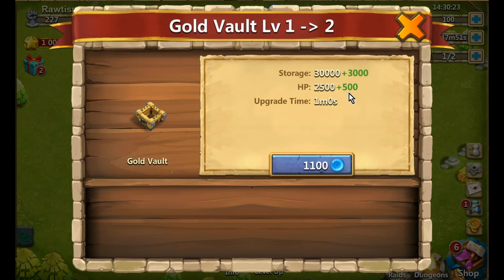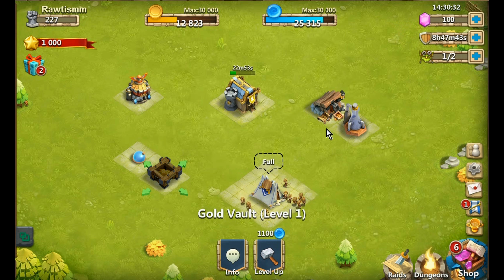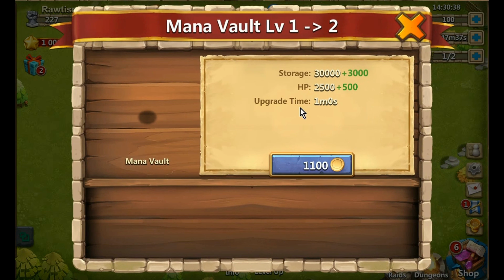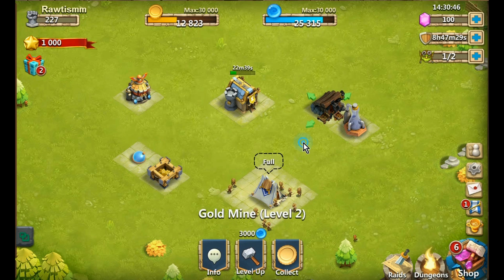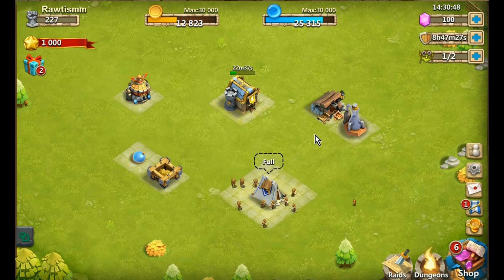It also adds 500 hit points, and that's what HP is. HP is hit points, and that's going to be good for Here Be Monsters in defense because it's going to take the enemies longer to destroy your building. And then you have the Mana Vault, which is the same exact stats on that, and that's going to allow you to upgrade more things, because once you get to the higher level buildings, it's going to cost more and more resources